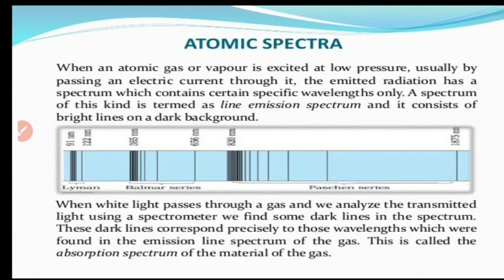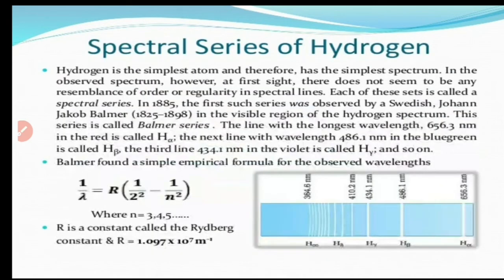So from this we can take different sets of spectral lines which have a relation among them. That means their wavelengths increase or decrease in a particular order, which we can see among the different sets. These different sets of lines, which have a particular relation among their wavelengths, are what we call a spectral series. These groups of lines are what we call spectral series.